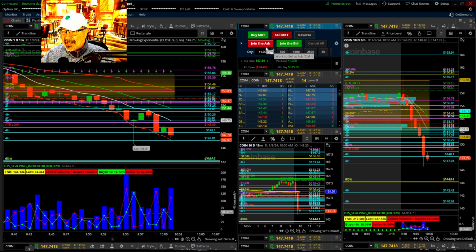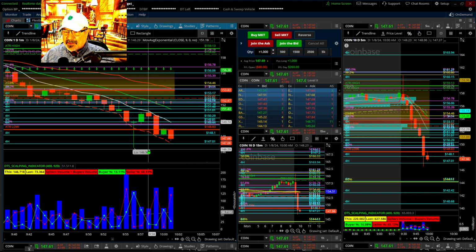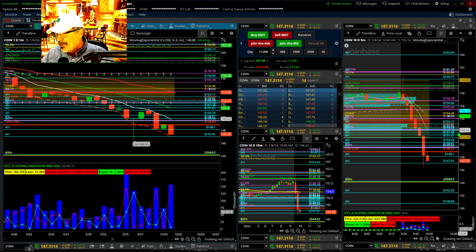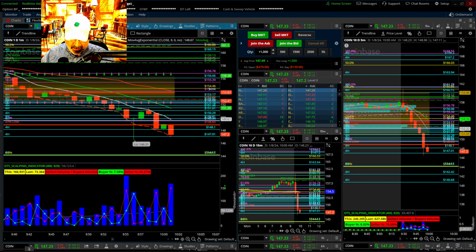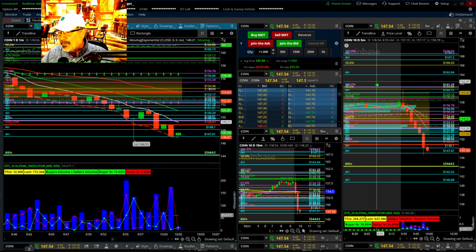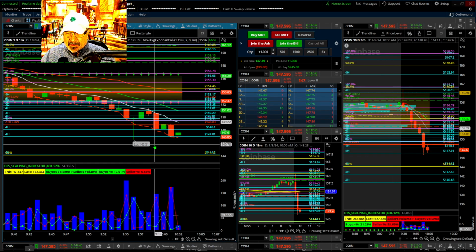I'm actually gonna reverse there. I don't like the downward action right now, so I banked a little bit of money, made a little bit of a cushion there, and now I'm going red the other way. I'm going red short, so not calling out the best trades for you guys to see. I'm more frustrated about the mistakes than the money right now, but if you've seen me trade, that's what gets me, because I know people want to learn from these, and if you see me doing the wrong thing,